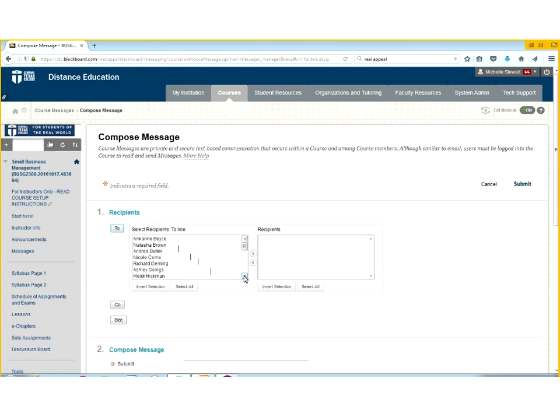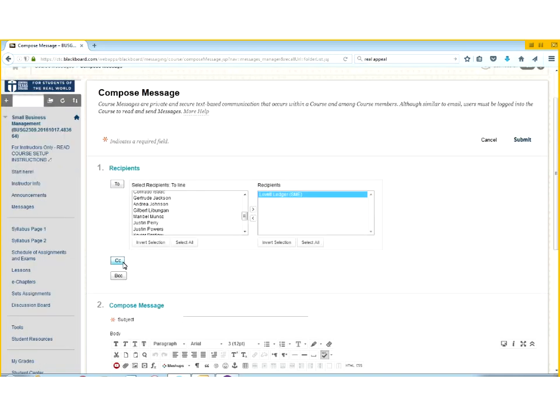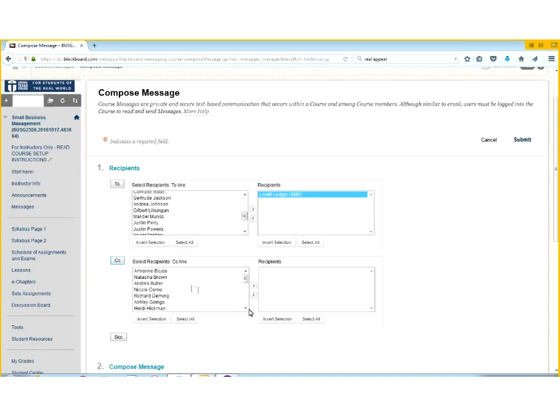And here are all the students in your class. And here I am. Just put my name over there. As a matter of practice, I carbon copy myself, which you can see here, carbon copy. I just reach down and send myself a note to remind me that I have written a message to somebody.